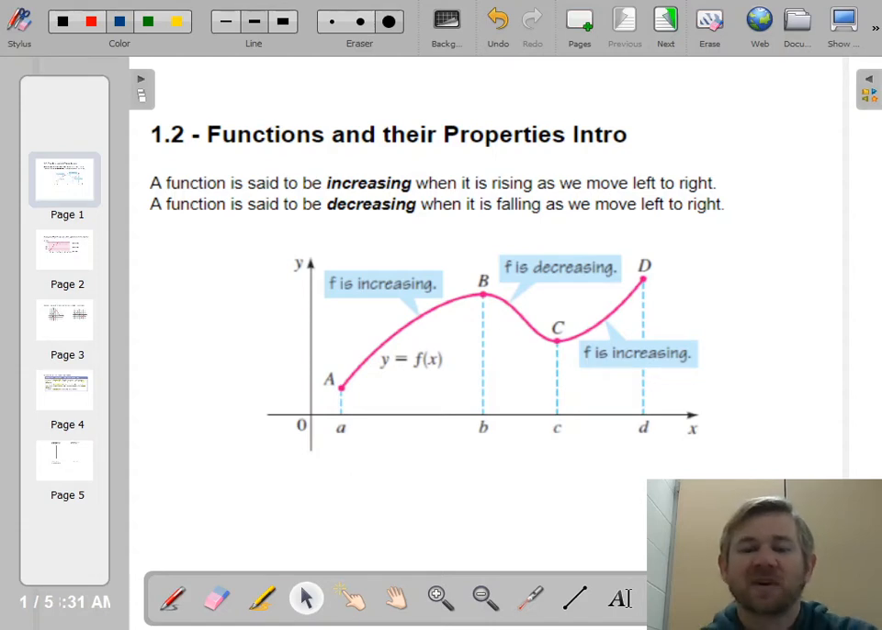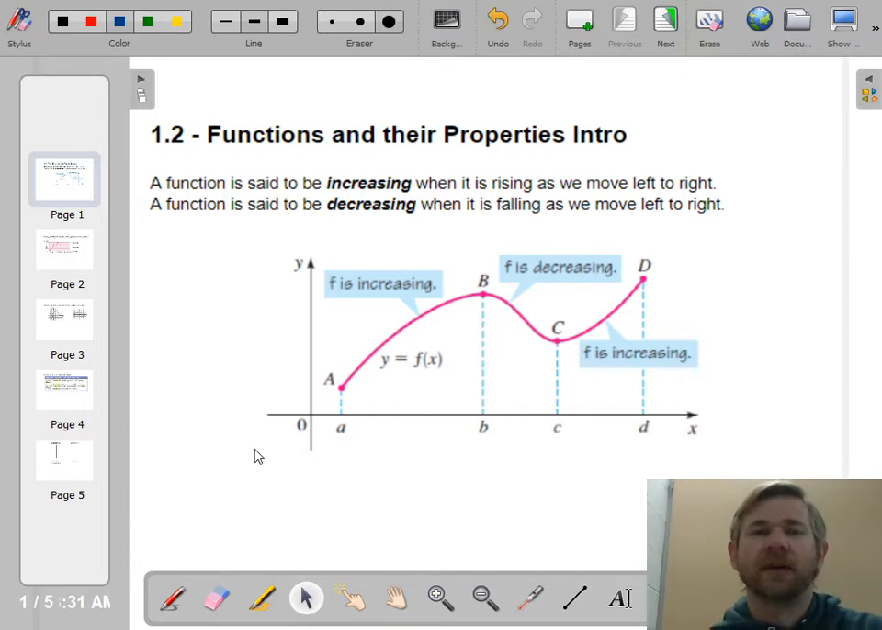Hello ladies and gentlemen, we're going to talk about functions and whether or not they're increasing or decreasing, and we'll also introduce the idea of boundedness. This is pretty straightforward stuff. There are a couple of little weird things that we'll talk about, but let me go through and show you what we're doing here. When we say a function is increasing,